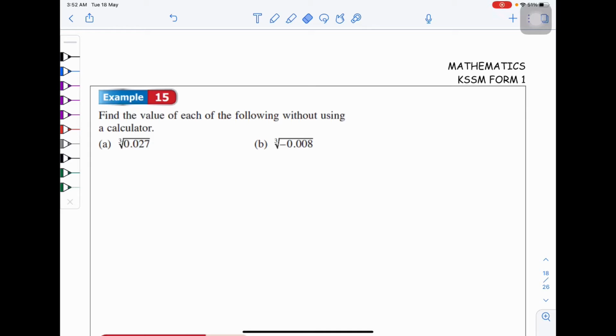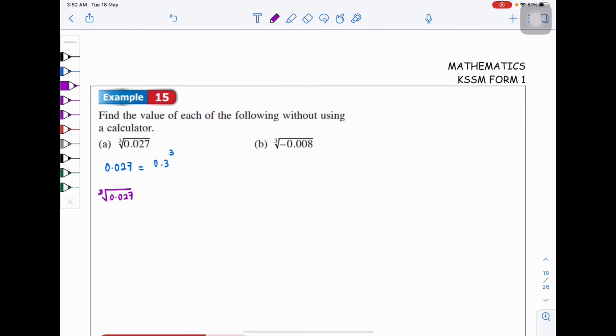How can we find the value of each of the following without using a calculator? First things first, we need to put the number under the cube root into a number to the power of 3. So we know that 0.027 is actually equal to 0.3 to the power of 3. Therefore, we can write down